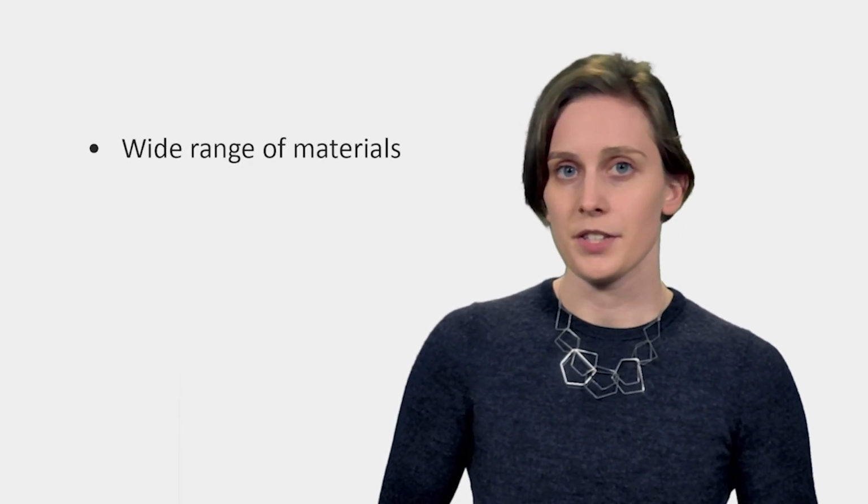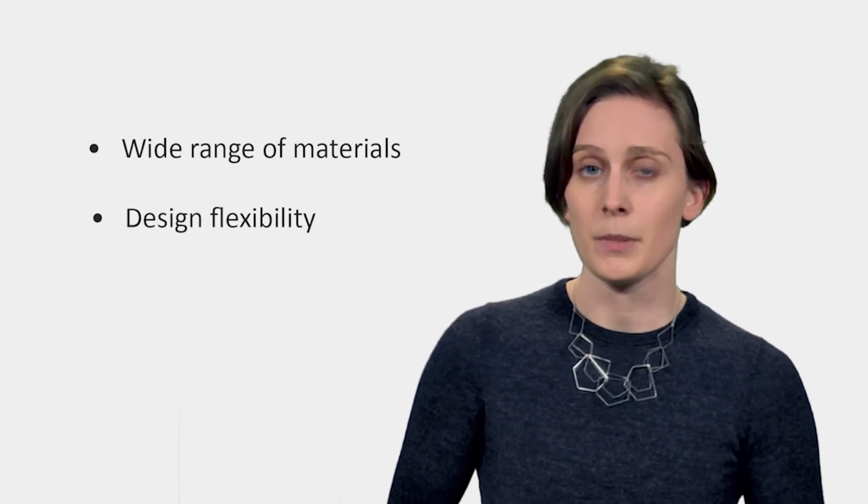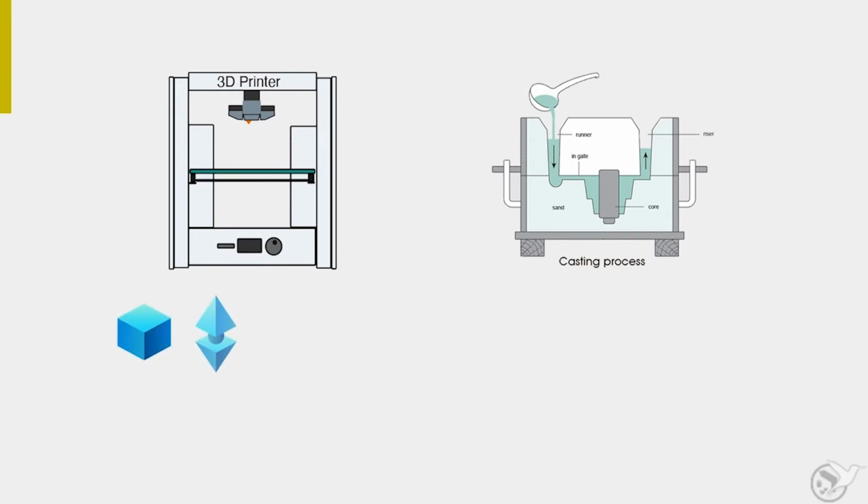But regardless of the process, additive manufacturing has several advantages over more traditional manufacturing methods. For instance, it can be used with a wide range of materials, as we saw earlier. It also allows for greater flexibility in part shape. Intricate features or complex geometries that would be difficult to cast or machine accurately are easier to produce when built up layer by layer.